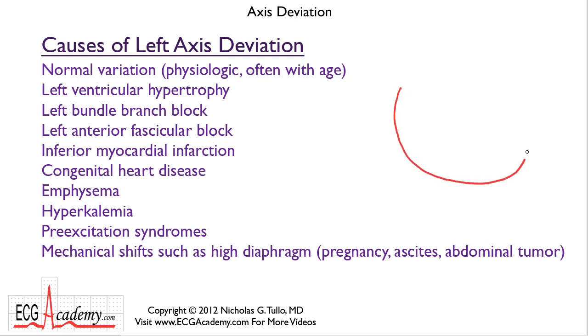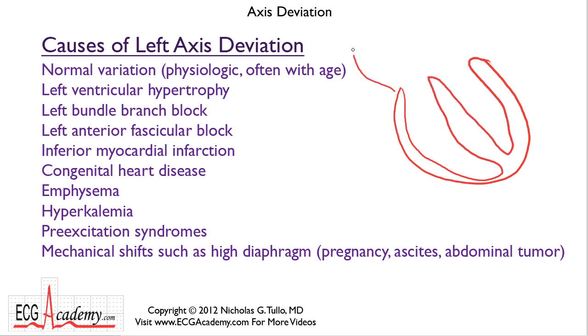Well, think of the heart again, and you have a fairly thin right ventricular free wall. You have your septum, which is pretty thick, and your left ventricle, which is thick as well. Of course, your atria are up here someplace. So what normally happens is the electrical vector winds up going down and to the left. But now there are a number of different things that can shift this axis upwards, and that would give you